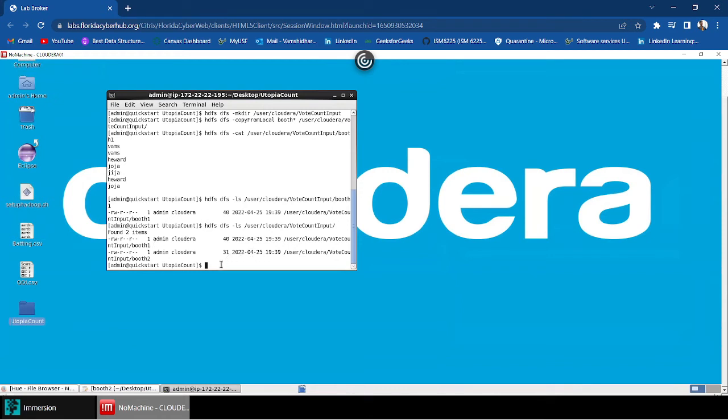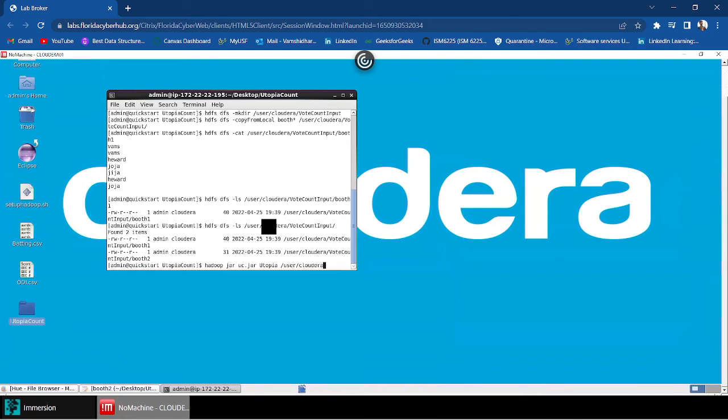After that I'm checking how to compile this with the Hadoop jar file. Now everything is uploaded to the HDFS directory, that is VoteCount input, and now I am running this on Hadoop by using this command, hadoop jar uc.jar, the jar file which we have created, and I am giving the main application name, that is Utopia, and then the input directory,